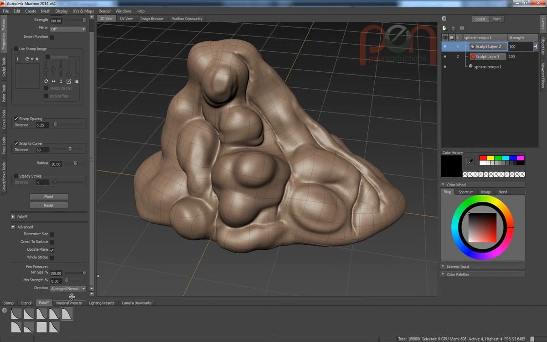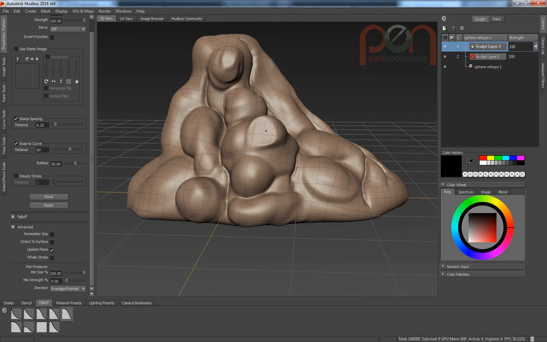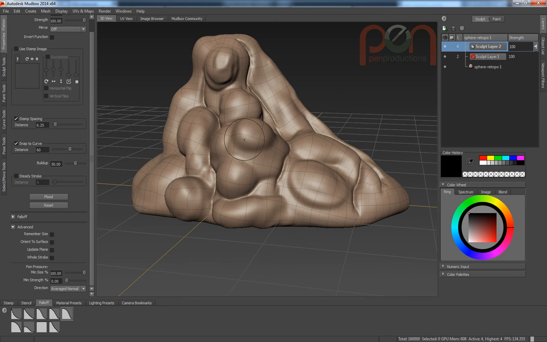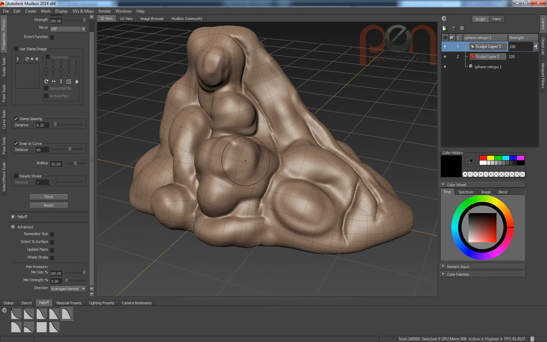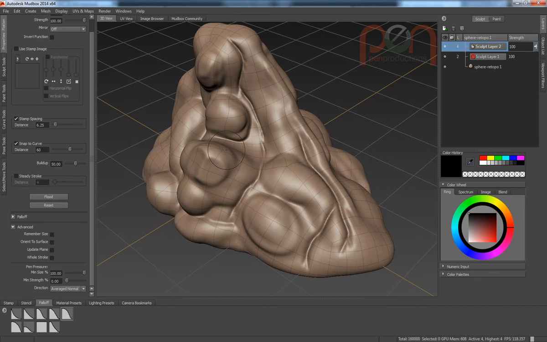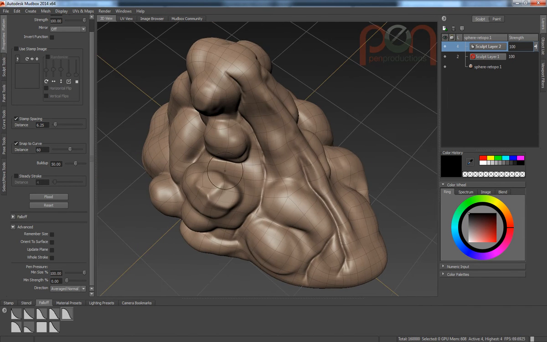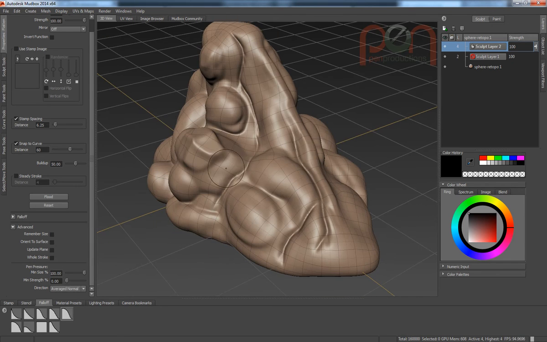What I'm going to do is I'm going to go over to average normals, and the average normals again will flatten things out, but it also tends to want to round things around, which I'll want to do some of at some point. But what I'm going to do is I'm going to turn off update plane. Update plane now will take whatever the current axis I start on the first hit, and it will flatten along that axis only. So I can easily go now and just start chipping away at this and basically turning it into sort of rocky outcroppings